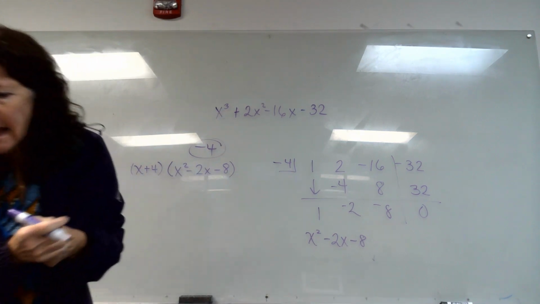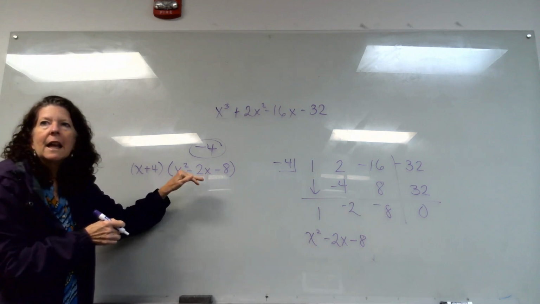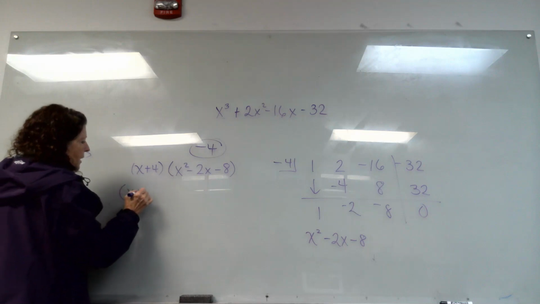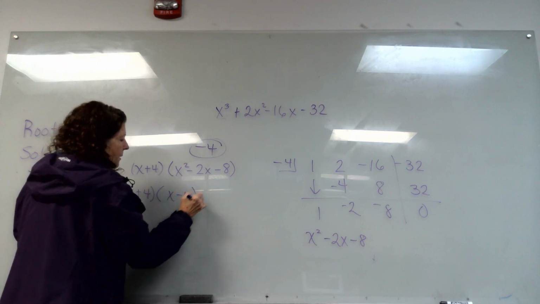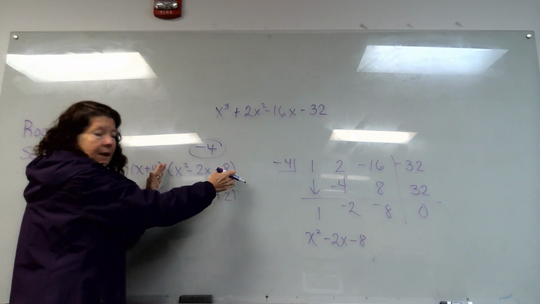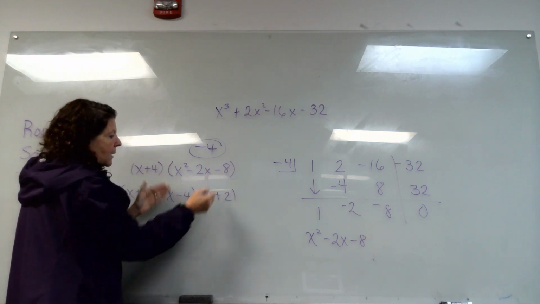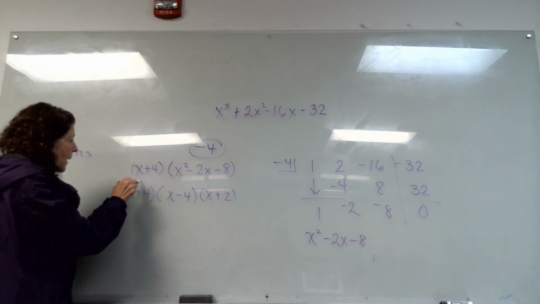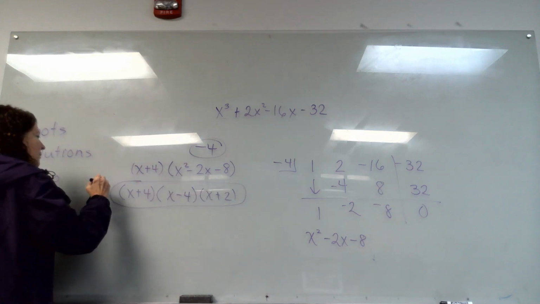But if they ask me to determine the factors of it, I've got to try and factor that. So I'm still going to bring the x plus 4 down, and I'm going to go x minus 4 and x plus 2. Okay, I factored that into the two sets of parentheses, and if you went backwards and did FOIL, you would see that you would get that. So those are the factors